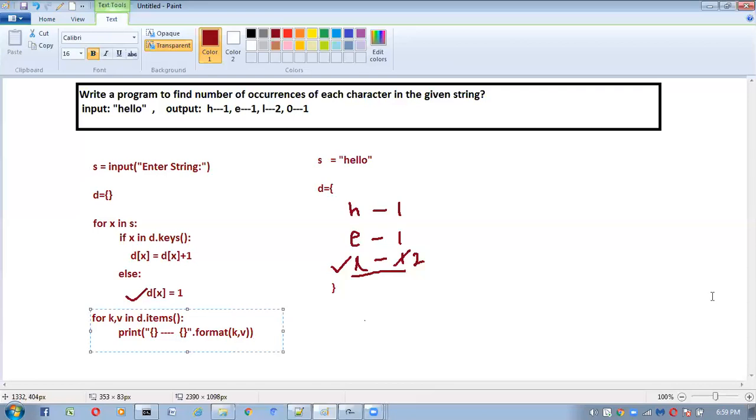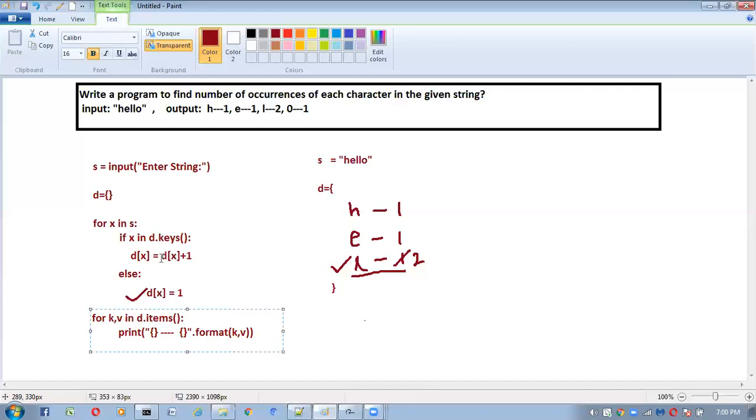For that, by using membership operators, we can check whether the specified key is available inside the dictionary or not. Here, in is the membership operator. By using that membership operator, I'm trying to check whether the key is available inside the dictionary. Suppose the key is already available inside the dictionary, then what we have to do? I want to get the corresponding value. For that, I want to increment one.